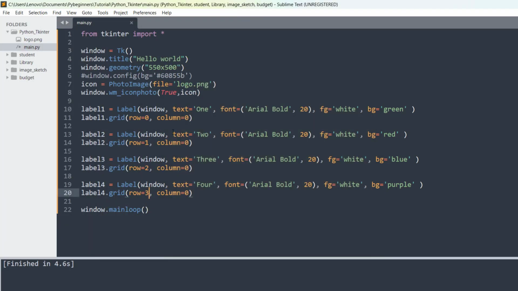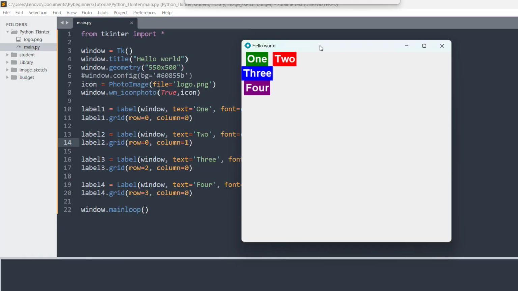So now instead of that, let's see this guy stay here, and this guy stay in the row 0 also, and you come in the column 1. If I save this and if I run, now you can see all of them are in the row 0. And this guy, which one is this? 3, okay, 3 is in the row 2, see, it stays in the row 2.